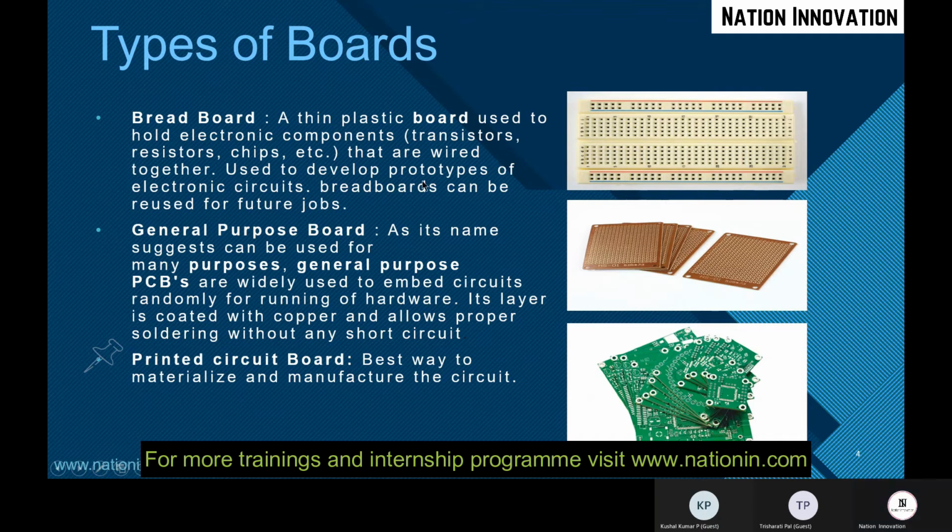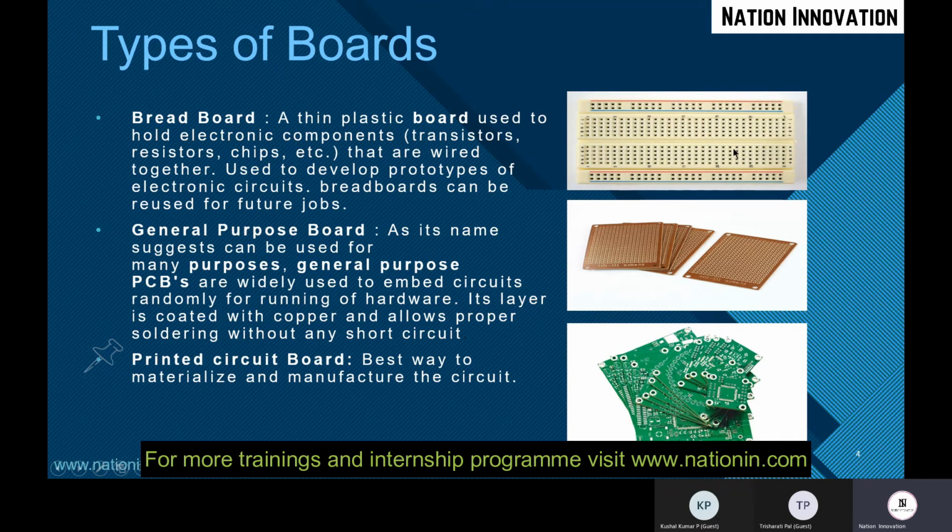And the components are wired using insulated wire. So the breadboards can be reused. Yeah, you may have used these breadboards. They work like this: all the horizontals will be having different voltages and the vertical pins will be having the same voltage.